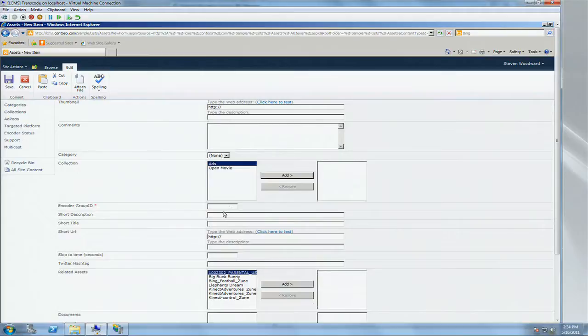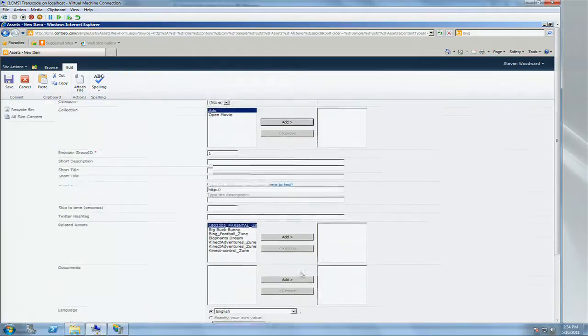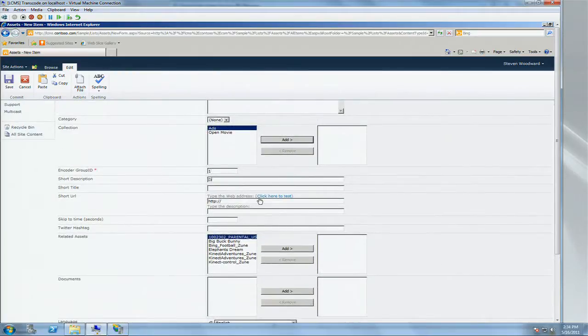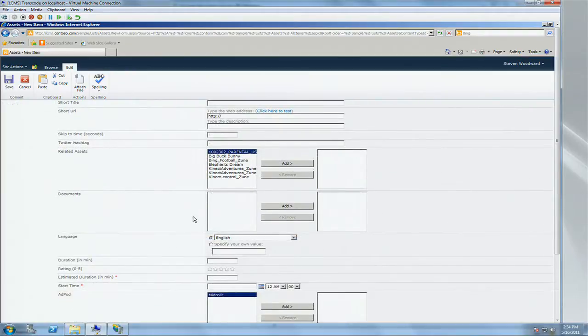And then I need to tell it which encoders it's going to use. So for most purposes, we have multiple encoders set up, and you actually need to get this project to point to the right encoder, to start that encoder with the appropriate feed fed to it in order to get the content pushed out. Let's go give it a short description, because it makes it easier for me to see. As you can see, there's a whole bunch of other content I could add in here as I'm going through. I'm going to say it's 60 minutes long, and we're going to go ahead and start it